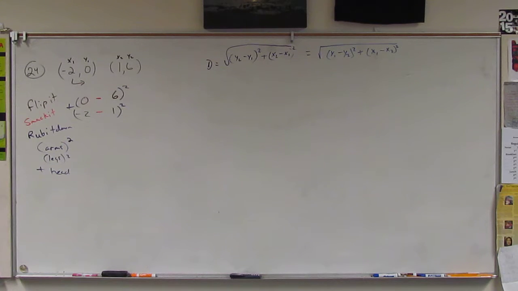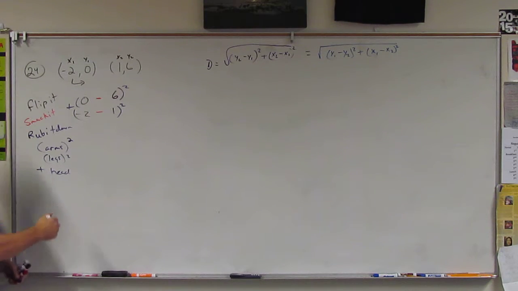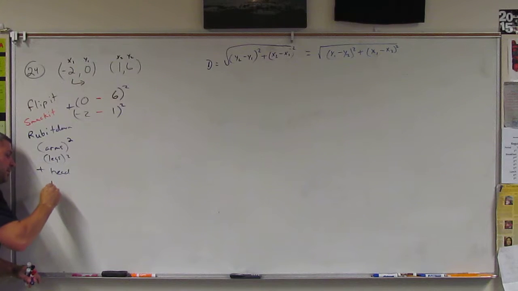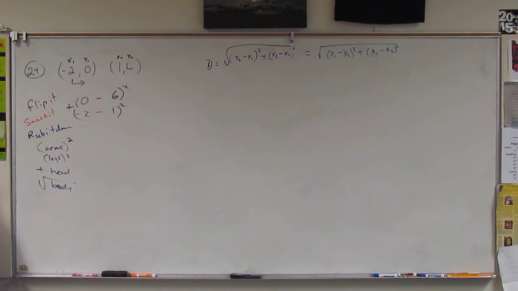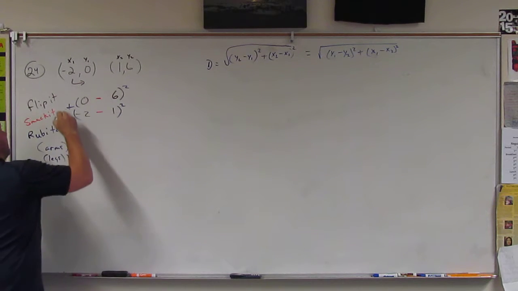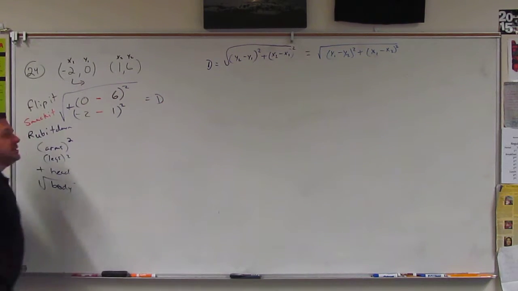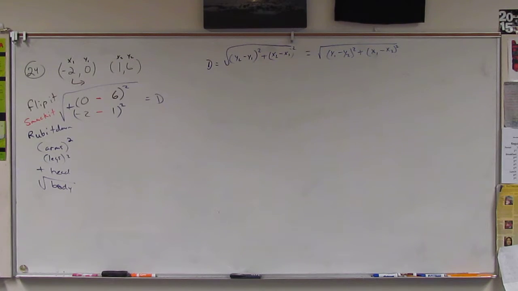And then I've got the body, and the body is rooted to my legs and arms and my head. It's all part of the root. Okay? It's all part of the root. And so if you think about the body being part of the root, being part of the radical, right? Now all of a sudden, boom, and I've got distance. So I've got my two arms, my two legs, right? My plus, and then it's all held together